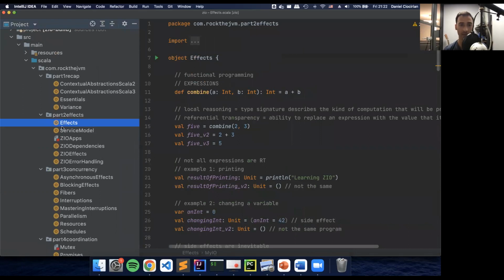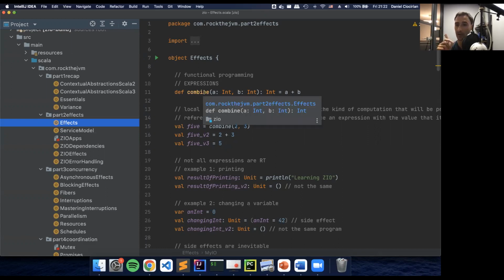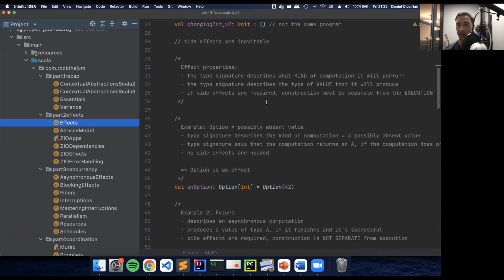All right, so I can walk you through some lessons that I've added here. Some of the groundwork that I was talking about a minute earlier is the effects lesson, where I describe what functional programming is in terms of referential transparency and the kind of local reasoning that we can expect. And I go step by step from a plain expression that can be reduced to the value that it evaluates to, to more complex computations such as IOs and options and more complicated data types that are harder to relate to. But because they are very popular in regular Scala world, such as options, they're more easily relatable.